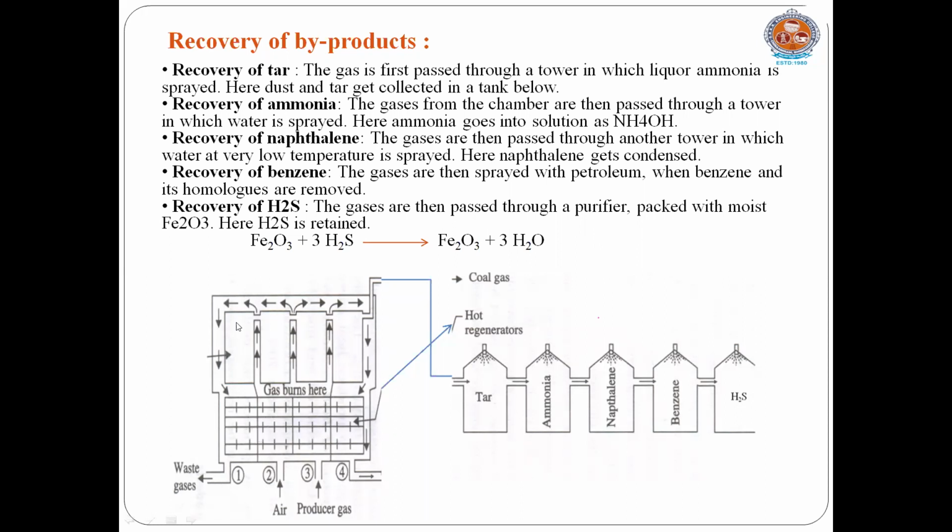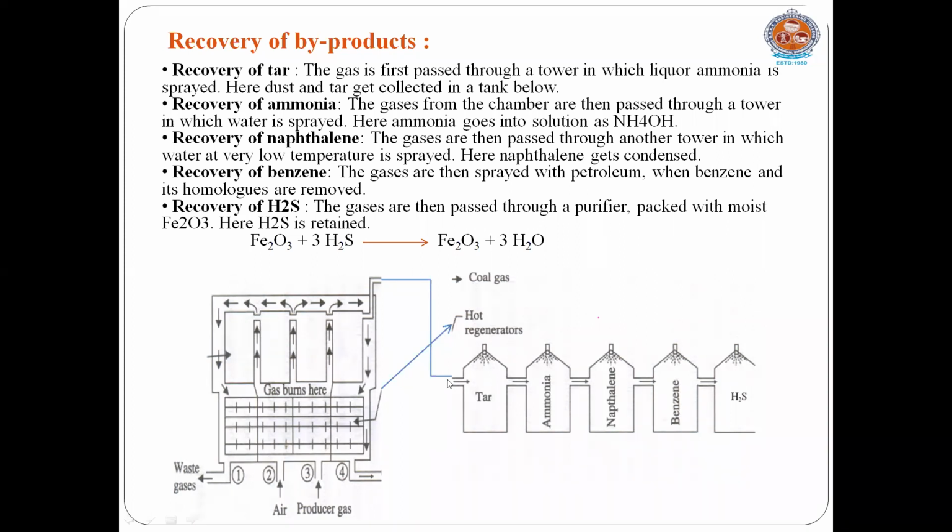So now what happens, uniform temperature throughout the furnace maintains the 1000 degree centigrade temperature. Even here the checker brickwork also maintains the 1000 degree centigrade temperature. Okay, so after heating this coal sample, carbonization for 12 to 18 hours, we take the coke from the coke chambers, and the